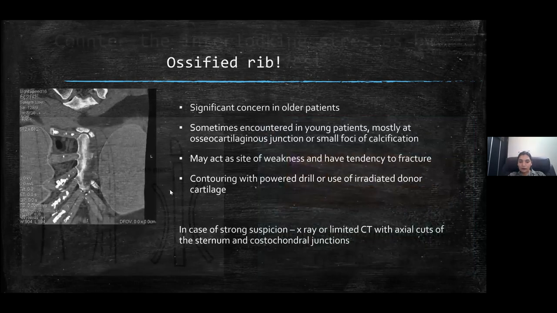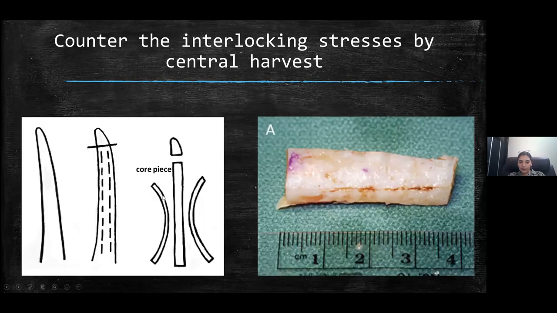So you will be able to definitely identify a change in color. The core is usually a little yellowish as compared to the periphery, which is white. And the core piece is to be used to make all the grafts. It can be sliced and kept in a saline solution or an antibiotic solution and checked for warping. If it warps, one can use the opposing edges, as Kshitij told yesterday, and they can be sandwiched to form a straight graft and then used.